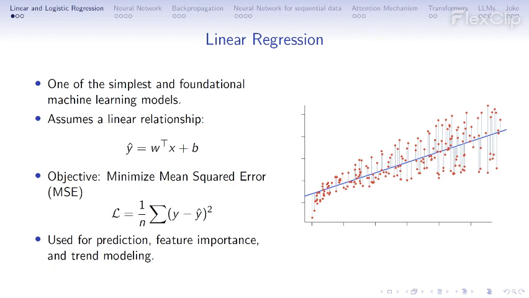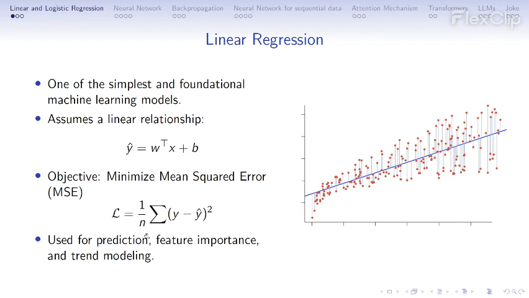Okay. Yeah, obviously linear regression, አብዛኞቻችን ሰርተንበታል እናውቀዋለን. So one of the simplest and foundational machine learning models is a statistical learning model. It assumes a linear relationship between x and y, where y is the weights transpose times x plus b. This is the linear function. And the objective is to minimize the mean squared error. That means the best fitting line መፈለግ ነው, the core idea of linear regression.